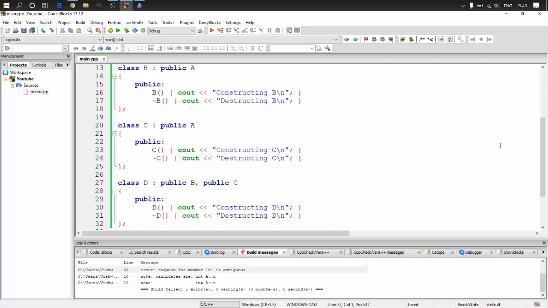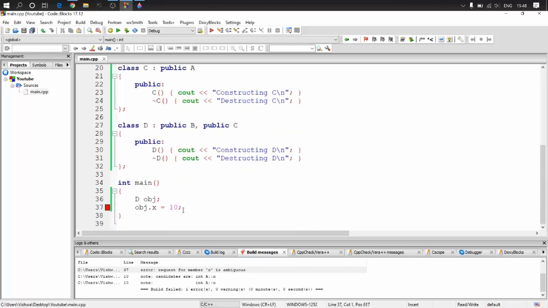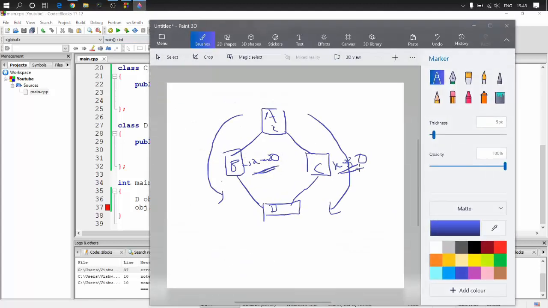It's ambiguous because it doesn't know what to do. So even if I try to change it over here, or as I explained in the picture, if I try to change it in one of the inherited classes, so if I just keep it X equal to 30 here and just leave it, then also it's going to be a problem because it doesn't know whether to keep it the same or to change it, right?